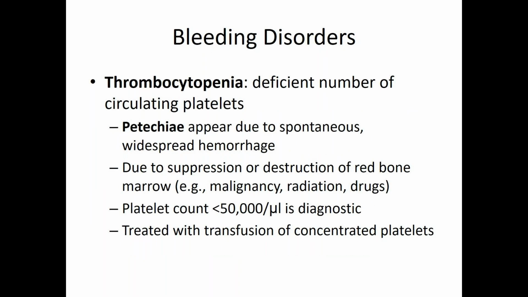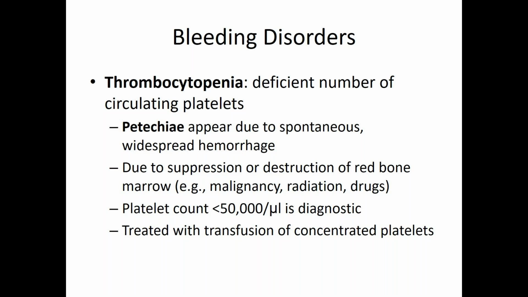The other side of the spectrum is when we have a bleeding disorder, so we can't form clots at all, or sufficiently, I guess. So rather than forming too many clots, we can't form enough. And typically this is thrombocytopenia. Again, we talked about anemia before as being not enough, right? Not enough thrombocytes, not enough platelets. And so a really common presentation of thrombocytopenia are these little pinprick bruises, particularly on the upper thigh, on the torso, on the forearm, called petechiae.